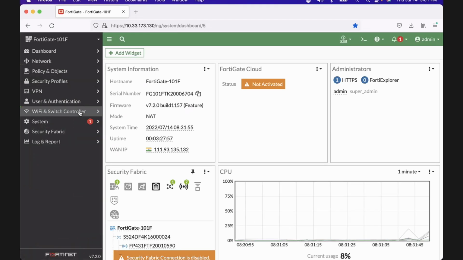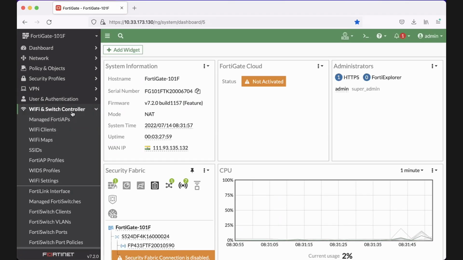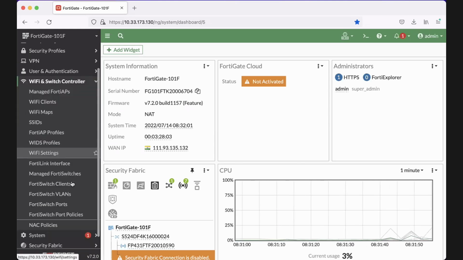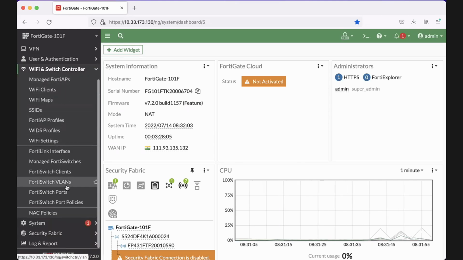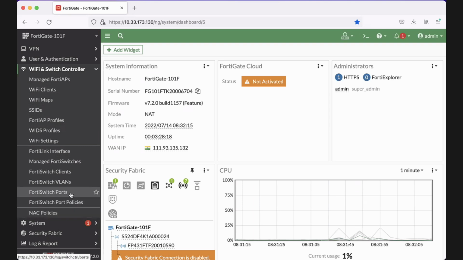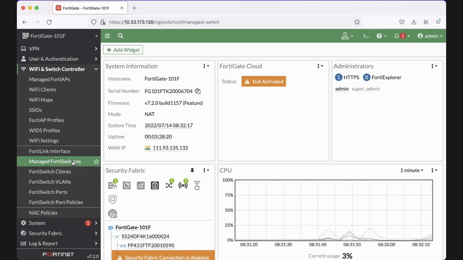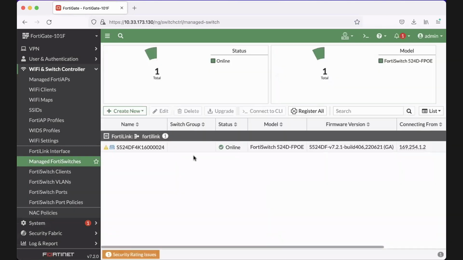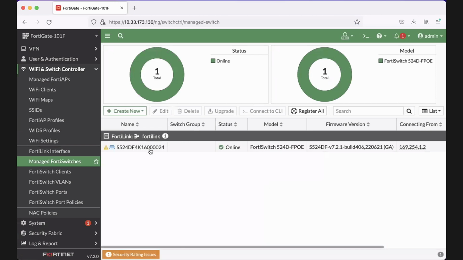So on the left tab we have the Wi-Fi and switch controller module. Under this you have the wired and the wireless, the wired being FortiSwitch and the wireless being the Wi-Fi capable things. In this case, we have NAC policies. Before that, I would like to show you some of the managed FortiSwitches. In this case, I have a FortiSwitch which is managed by the same FortiGate through a FortiLink,